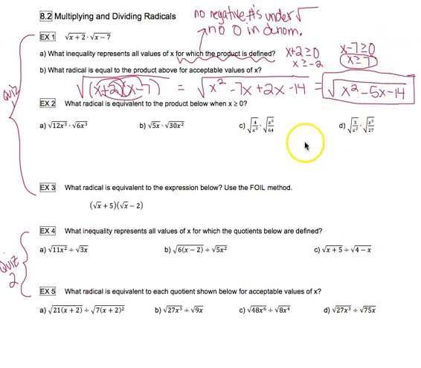All right, in example 2, we are simplifying all of these, and they're telling us that we already know that x is greater than or equal to 0. So we don't have to worry about that restriction here. My suggestion, like I said in the 8.1 video, is to break things down. So here, 12 is 2 times 6. And here I have a 6. Now 6 and 6 can both break down, but because I've already found a pair, I really don't need to,